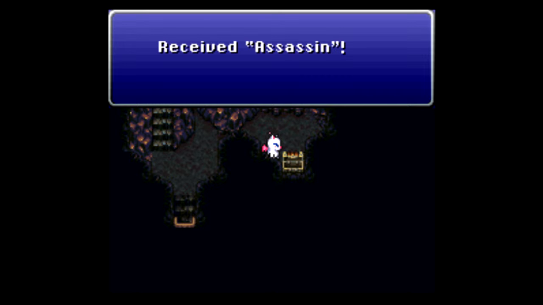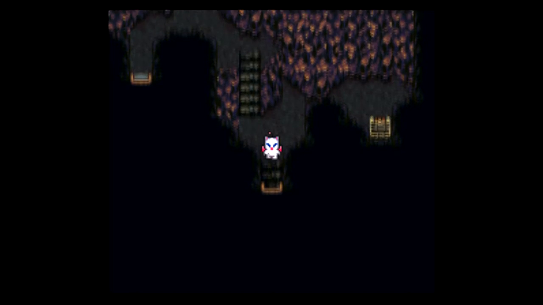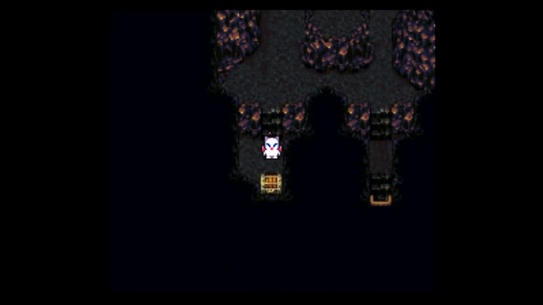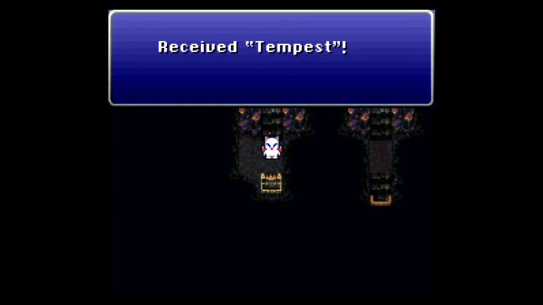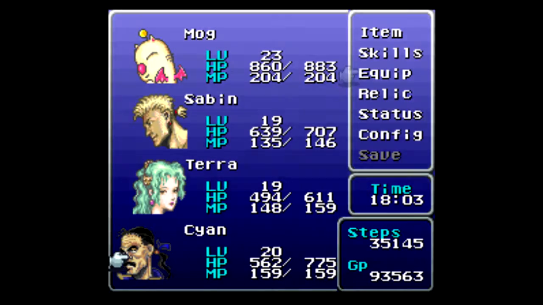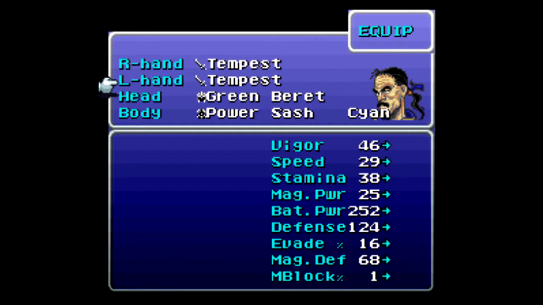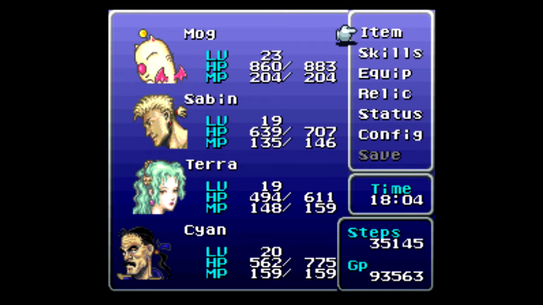And here we get an assassin, spelled correctly this time, thank you, Ted Woolsey. Why you couldn't spell it correctly back in Collingen from two separate NPCs, I don't know. And down here we get a Tempest Katana for Cyan. Oh, baby. Yeah, with the Genji glove and the hero ring and two Tempest Katanas, he is gonna just wreck